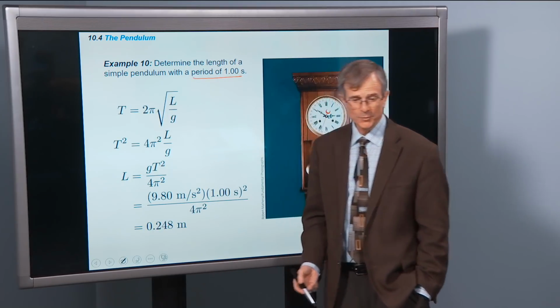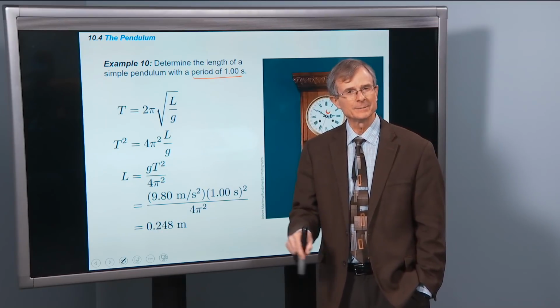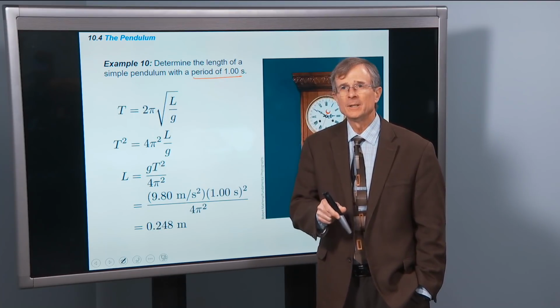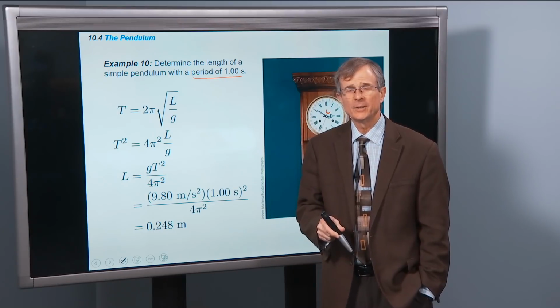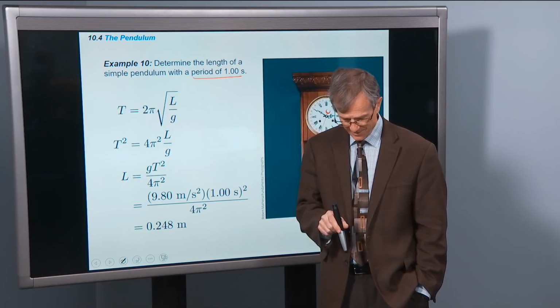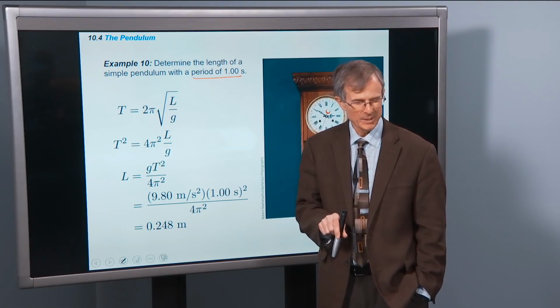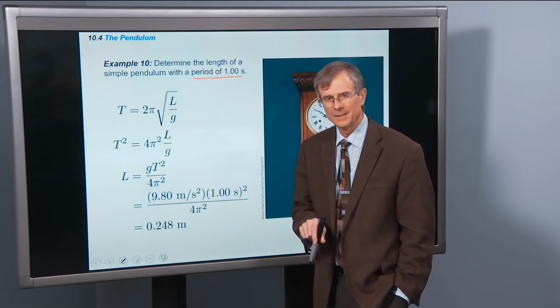And why would that be useful? Well, you can use it for a clock. So it'll make 1 complete period every second. So it'll swing from here over to there and then back to here again in 1 second. As long as you make sure that you're in small angle oscillations, maybe less than about 10 degrees, for which